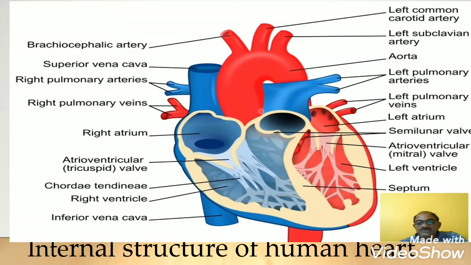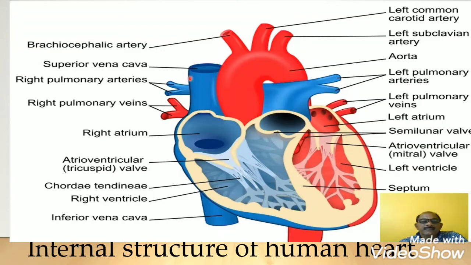That septum is called auriculoventricular septum. Ventricles are separated, so it is also called ventricular septum. Auricles are separated, so it is also called auricular septum. It is commonly called auriculoventricular septum, and due to this, heart consists of four chambers: right atrium, left atrium, right ventricle, left ventricle.